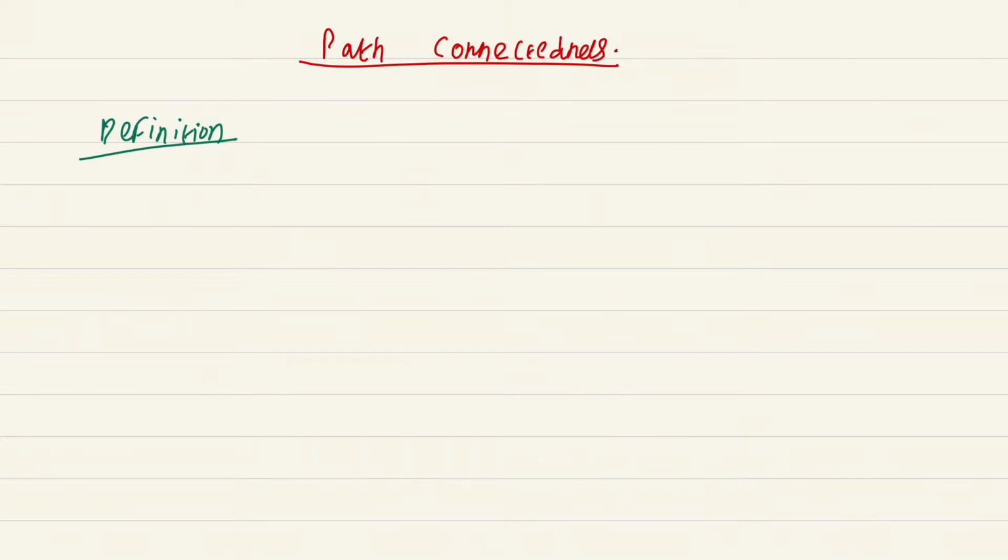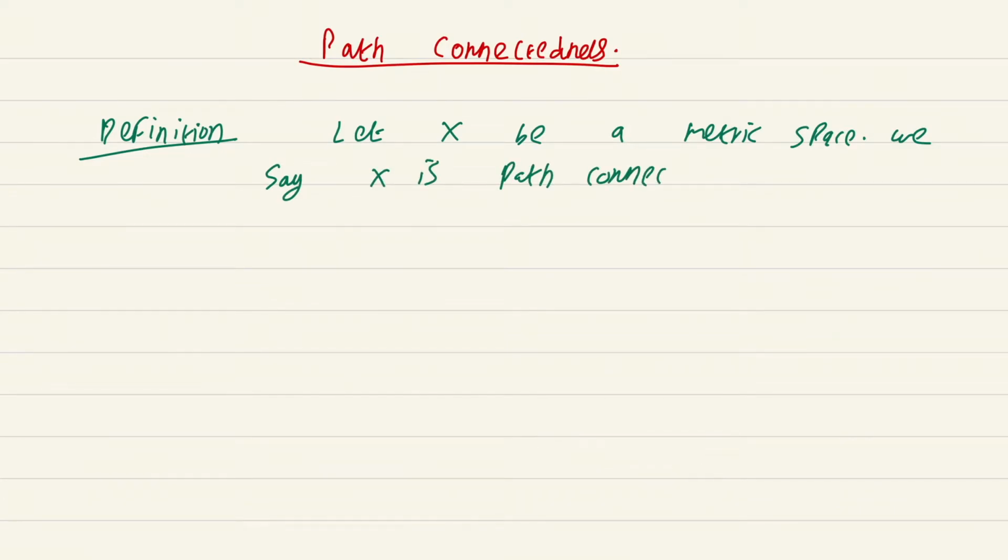Let X be a metric space. We say X is path connected. Let me just remark that path connectedness is also referred to as arc-wise connectedness by some authors. We say X is path connected if for each pair